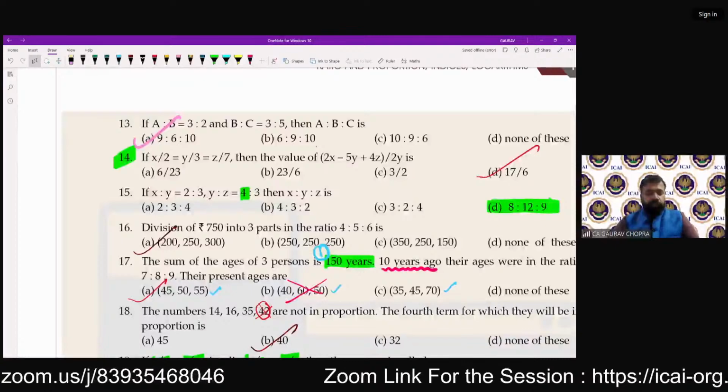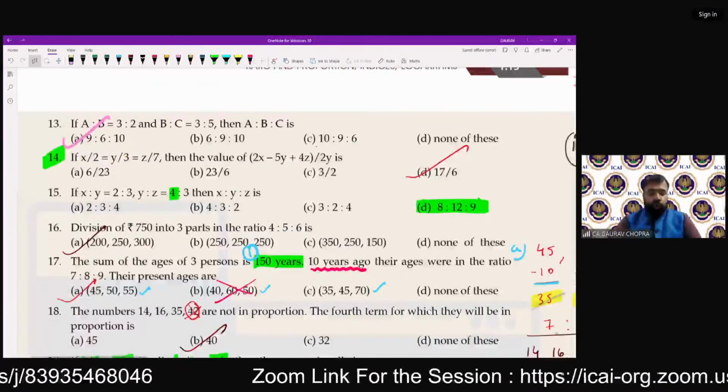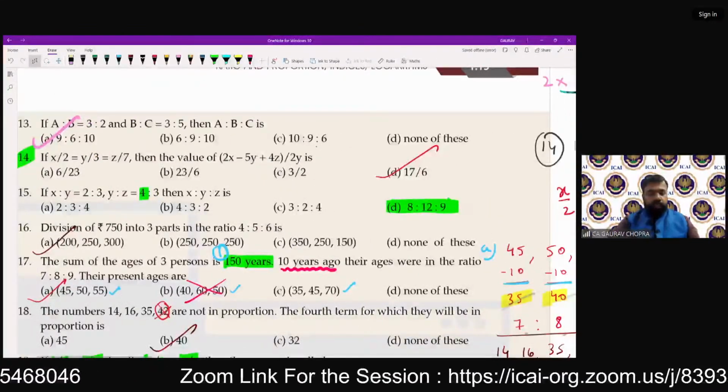So 14 says x by 2 is equal to y by 3 is equal to z by 7 and find